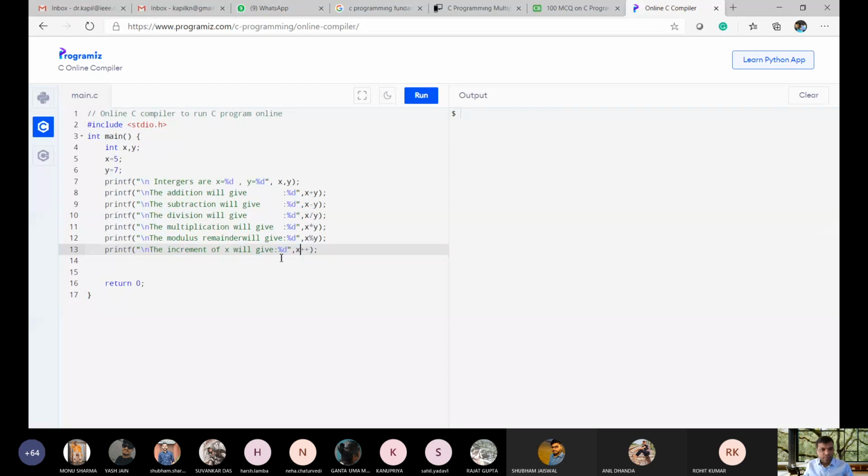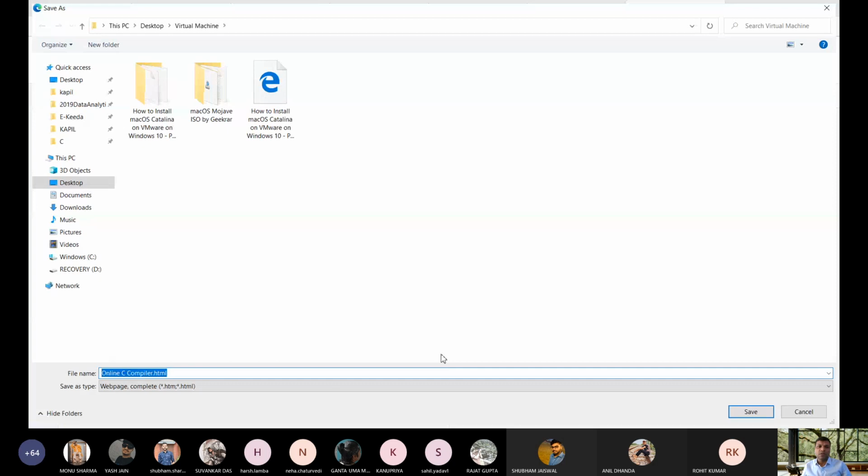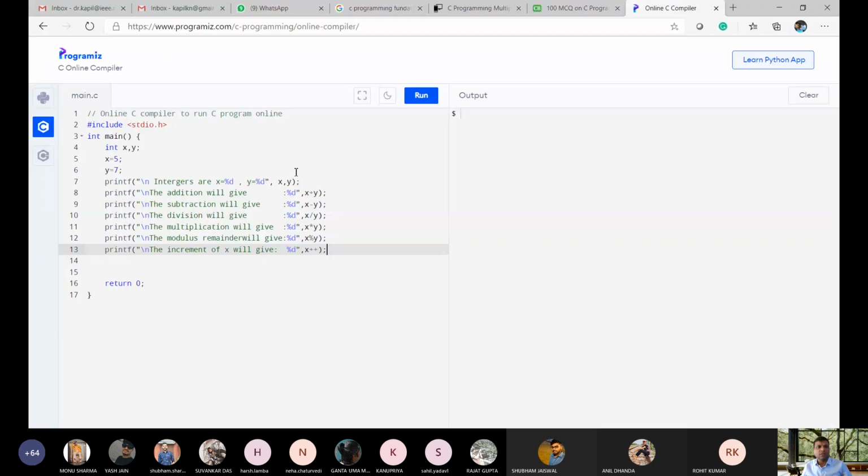Okay. And then the last, the decrement operator. So I will finish with only one operator.